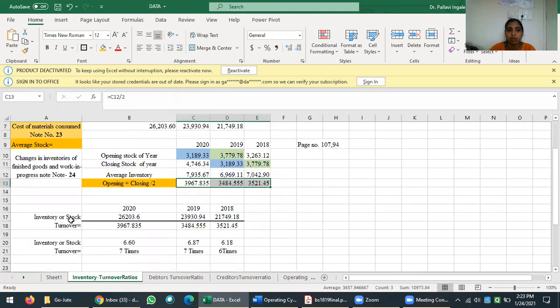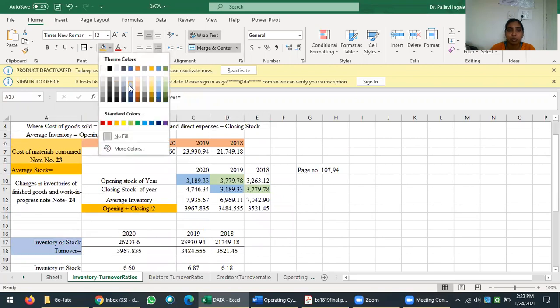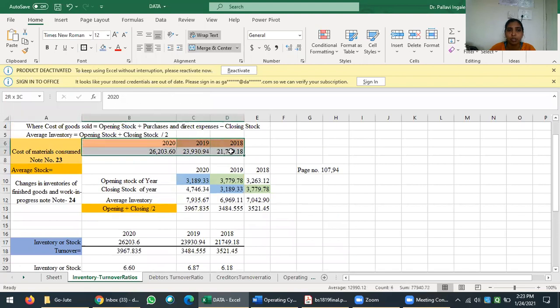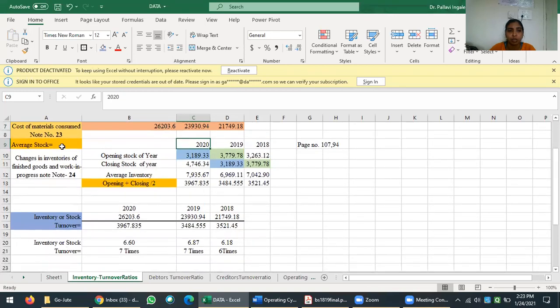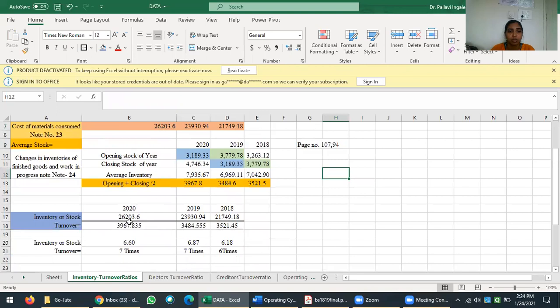So now we have all the data with us as per the inventory formula. See, as per this formula, the inventory formula, what is required? Stock of goods sold. The stock of goods sold we have done. This is the data I have. Correct. And for the average inventory, this data also I have now here. Correct. I will decrease the number. Okay. Done. So now the same I have mentioned here.